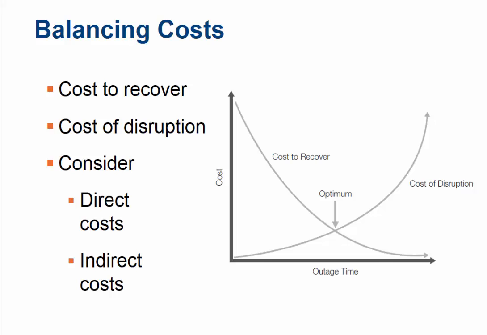Okay, so balancing the cost, basically the cost to recover and the cost of disruption. You may want to consider the direct cost and indirect cost. You're saying, well, okay, what's a direct cost and what's an indirect cost? So